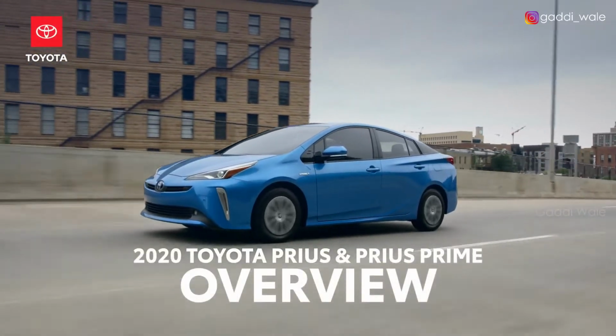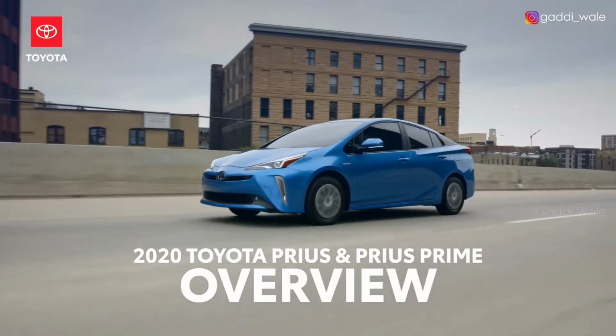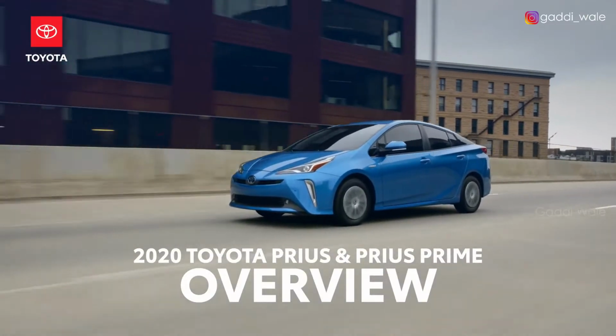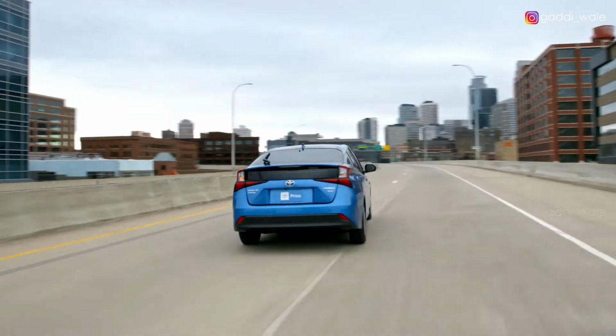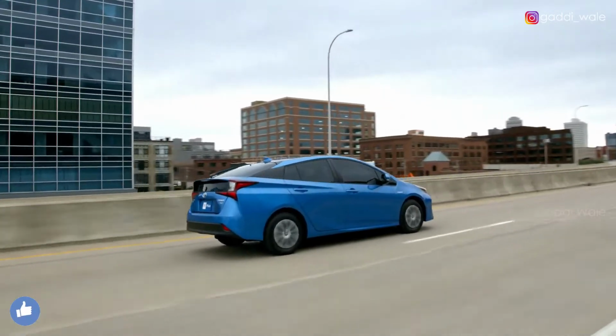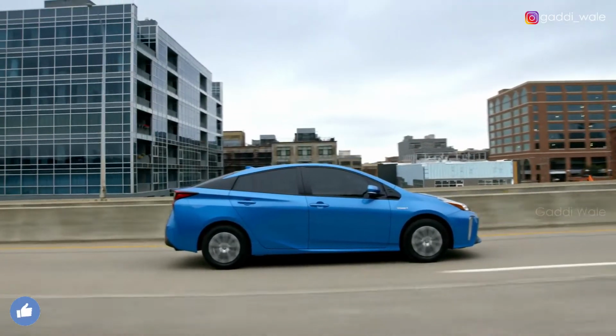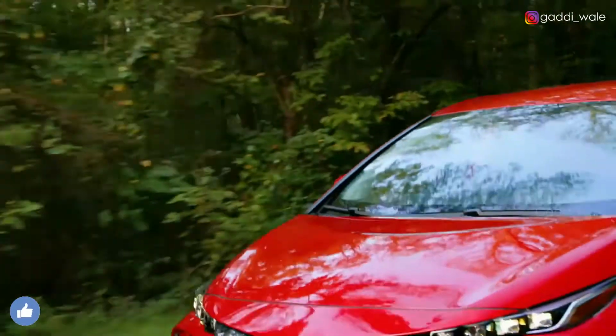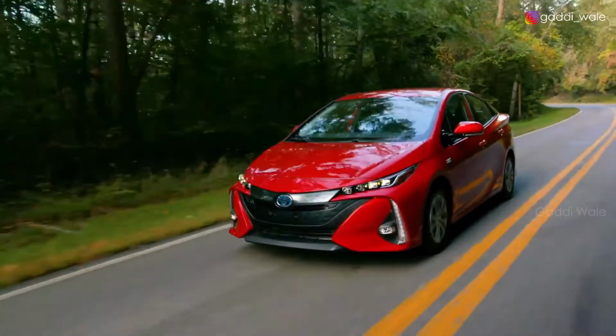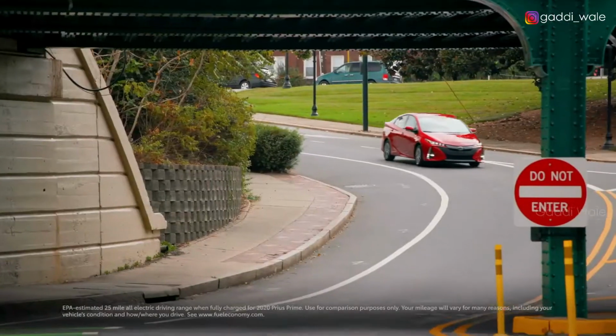More than 20 years ago, the Toyota Prius changed the automotive landscape when it introduced the world to modern hybrid technology. In the years since it first hit the stage, Prius has grown through 4 generations, as well as the release of multiple related models. Most recently, the addition of the Prius Prime line rounds out the Prius family by offering a plug-in hybrid variant